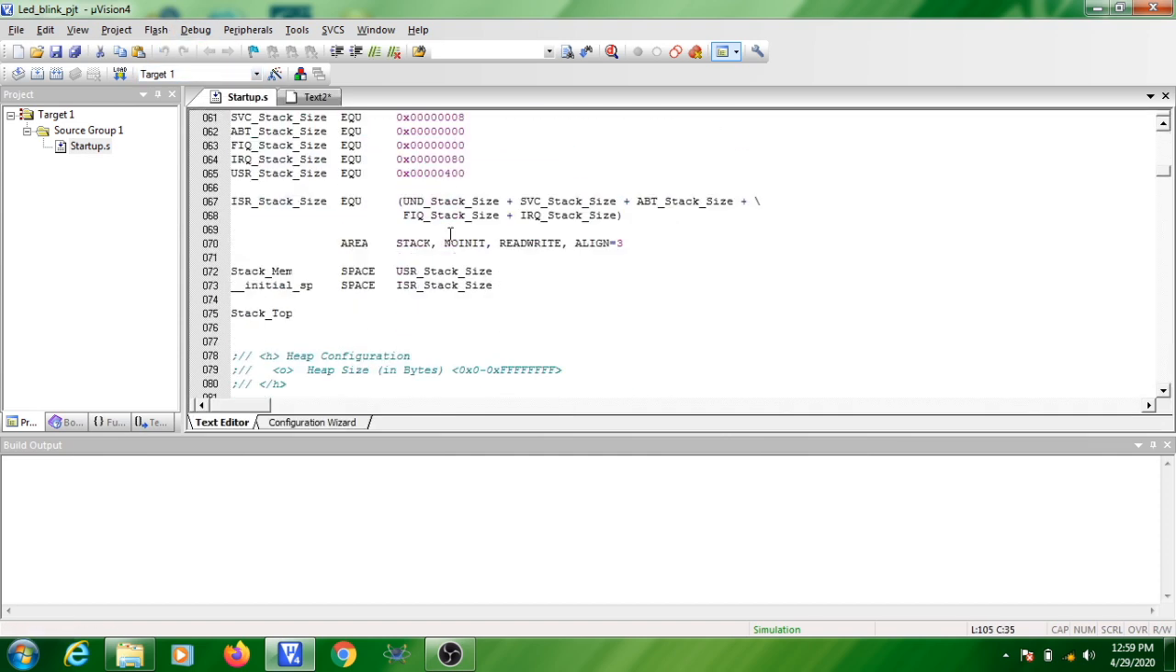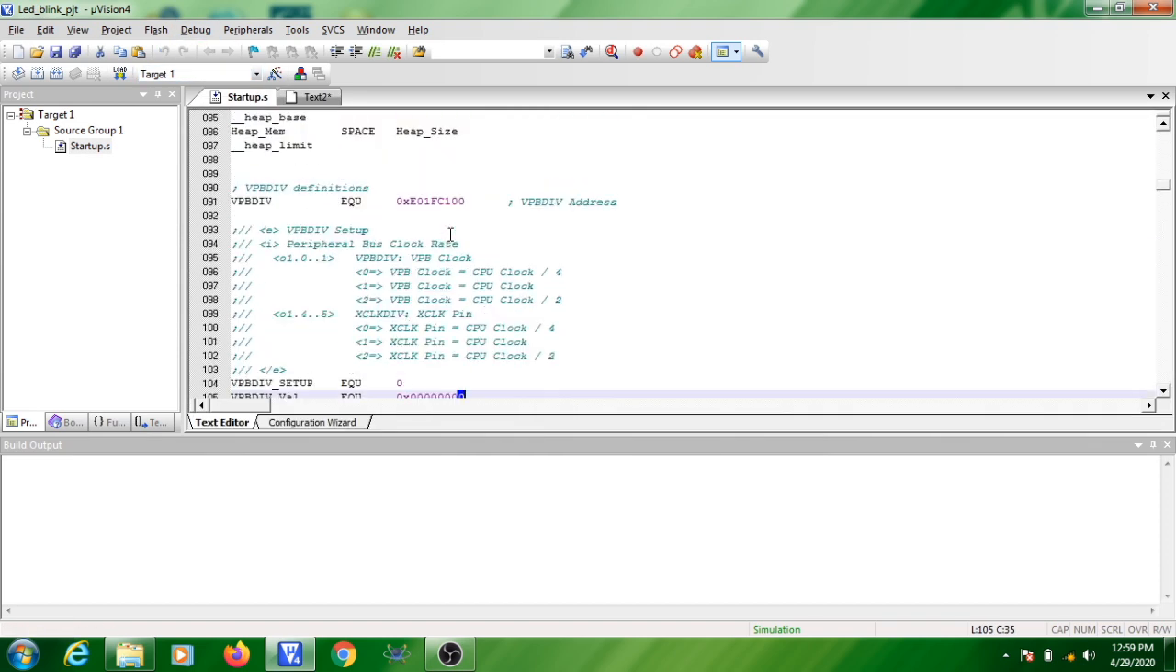So for example, in startup.s we will see, here I am equating VPB divider EQU this address. What does it mean? Your microcontroller can understand only this address. So this is the actual address of the register. But when you are writing a program, you cannot always keep this address in mind. It is very difficult because so many SFRs will be there. So for the ease of writing the program, you give a name to this address using an assembler directive